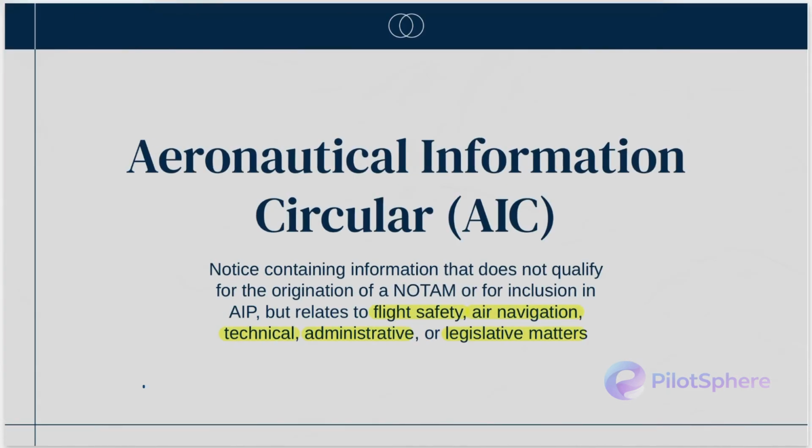As I said, it is published by the DGCA. So it's a notice that does not fit for AIP or NOTAM, and it is published by the DGCA, so you can find it on the DGCA website itself. These are the three publications we have: the AIP, the NOTAM, and the Aeronautical Information Circular. We've looked at their purpose and their differences.